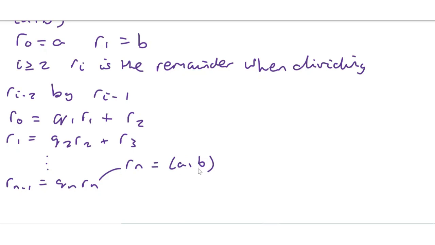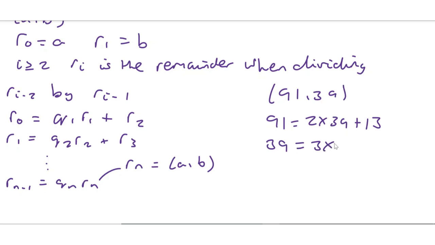So let's take a nice simple example. We want to find the greatest common divisor of 91 and 39. So following this algorithm, 91 is equal to 2 times 39 plus 13. So now we write 39 in terms of 13. 39 is equal to 3 times 13. Brilliant, remainder 0. So this is a quick example, and that means that the greatest common divisor of 91 and 39 is equal to 13. It usually takes a few more steps than that. But you can do this for all sorts of examples,